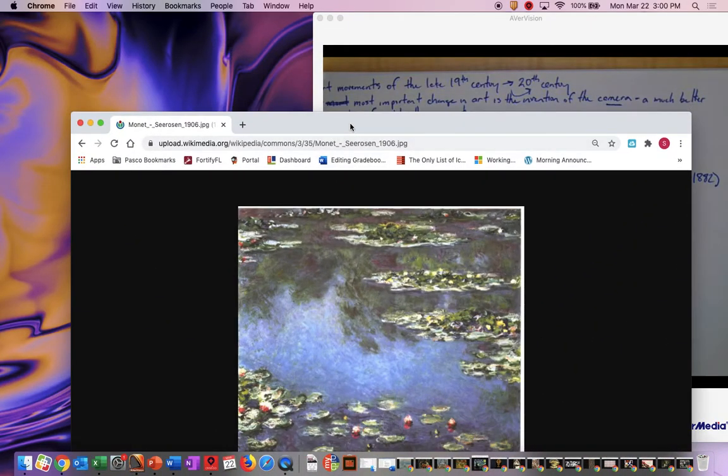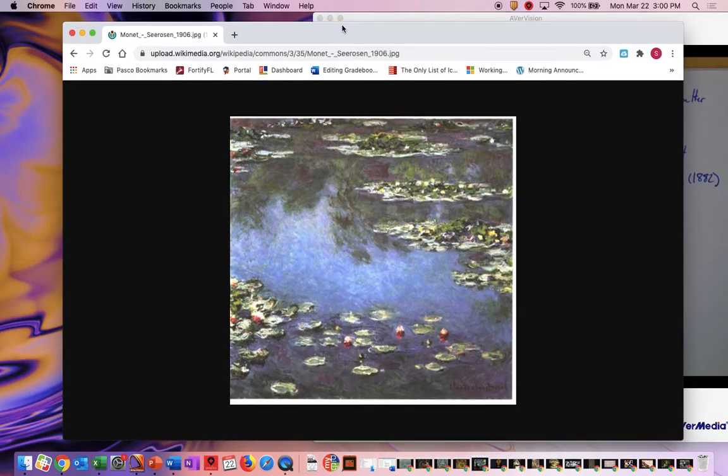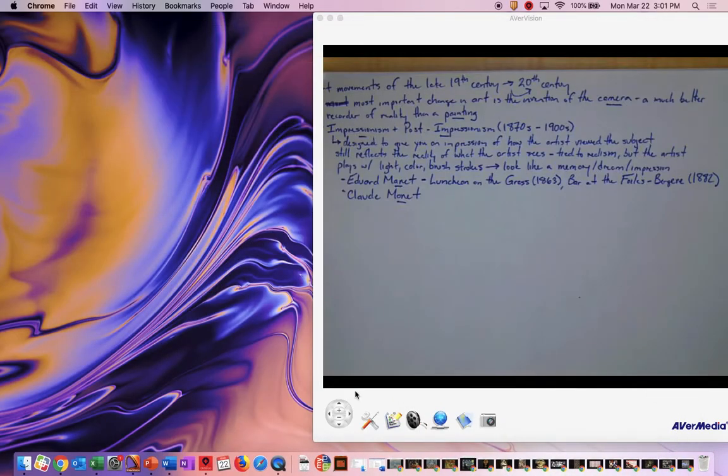This one is something that Monet was famous for. Monet painted a lot of water lilies later in his life. He's famous for his water lilies. So again, it's a real thing. You can see that they're water lilies, but there's kind of this light, dreamlike, airy quality to it. So if you can remember Monet and the water lilies, that's probably sufficient for this.